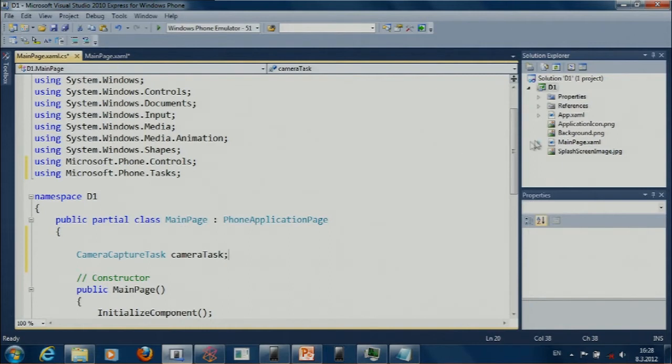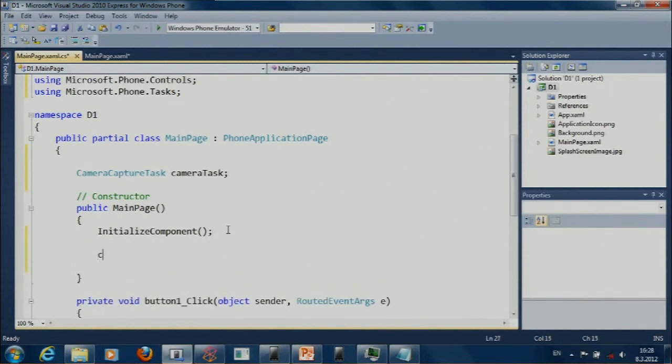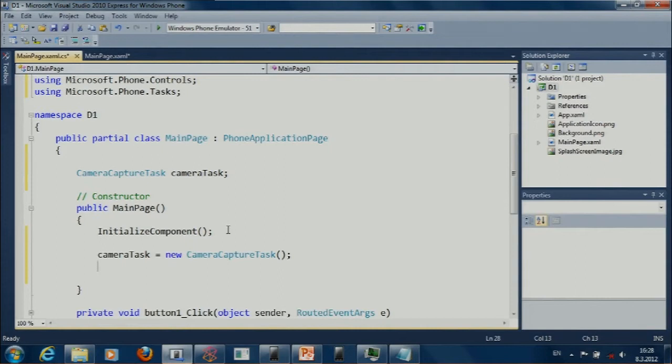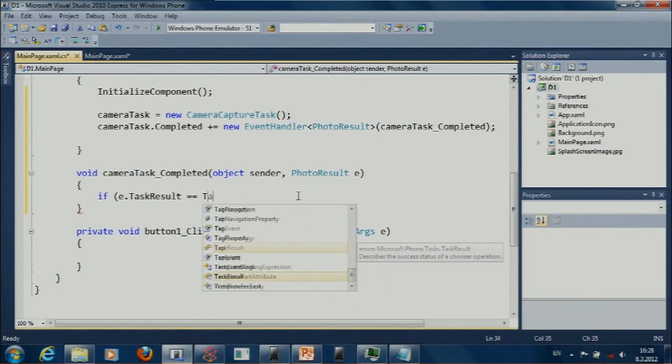Okay. So what we have to do is create, in the constructor, cameraTask = new CameraCaptureTask. No arguments, very simple, almost primitive, and we would like to get some kind of notification when we get the actual snapshot, because of the focusing involved and the transfer of the byte arrays. So we're going to register it like this, double tap, and we have our event. In here I'm going to check whether my event was actually, it's called TaskResult, okay,